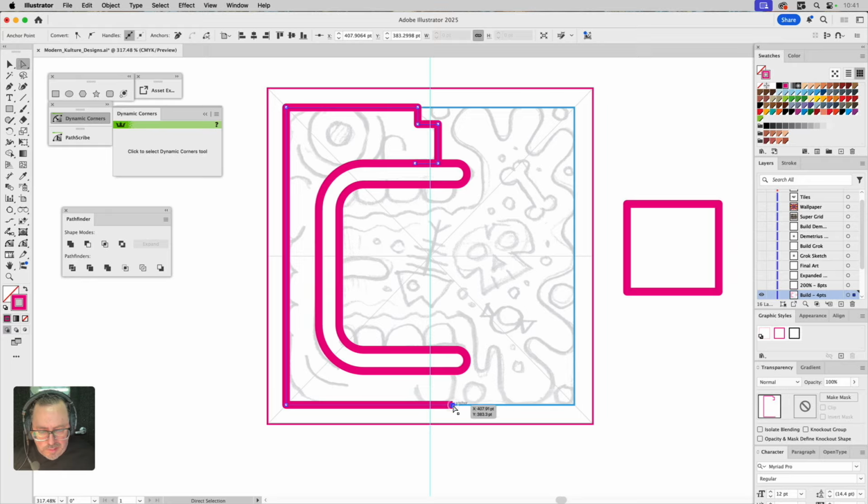And actually, I'm going to end it right about there because what I'm going to do is go back to the pen tool and start right about here, go up to right there, come down here. Again, I'm building squares because I want to take this